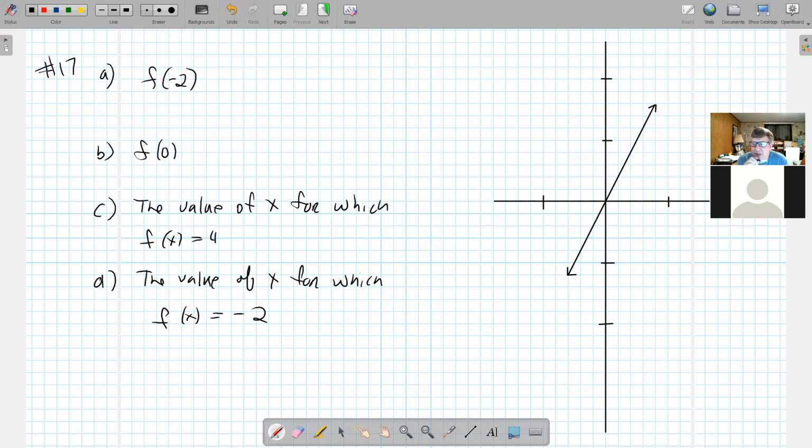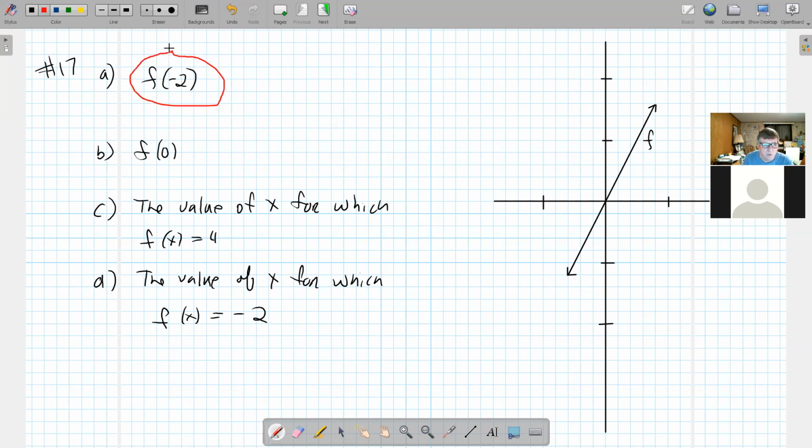Now, in yesterday's assignment, we had very similar questions, except that instead of giving us an equation, they give us a graph of the equation, the graph of f of x. But the idea is still the same. The question says, refer to the given graph to find each value. So let's find